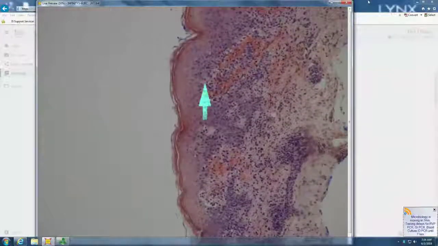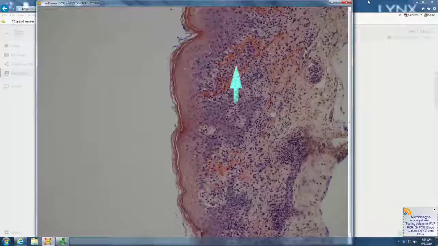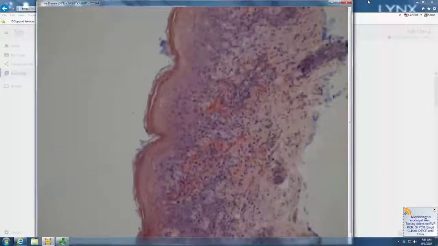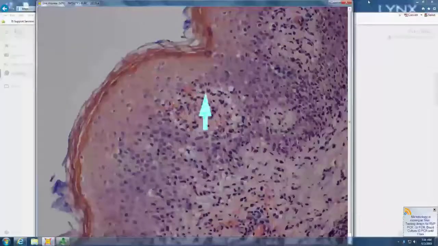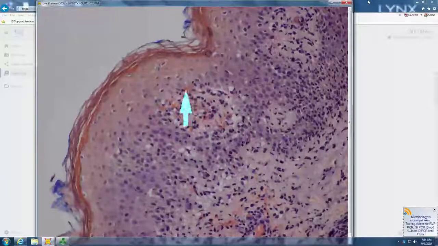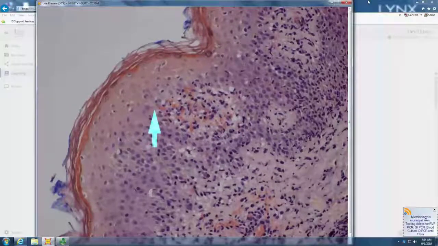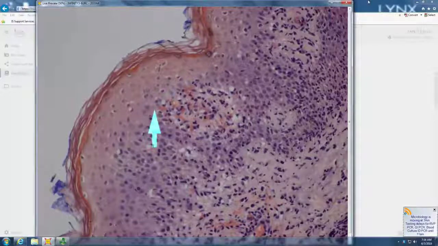So lymphoid infiltrate, interface, lots of red cell extravasation. And when you look at the interface change, do you have lots of holes without lymphs, or is it kind of a lymph in every hole? Maybe hard to tell in this one, but perhaps closer to a lymph in every hole. Interface with red cell extravasation, lymph in every hole,